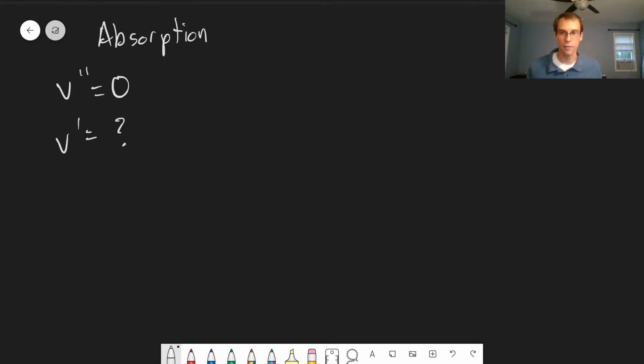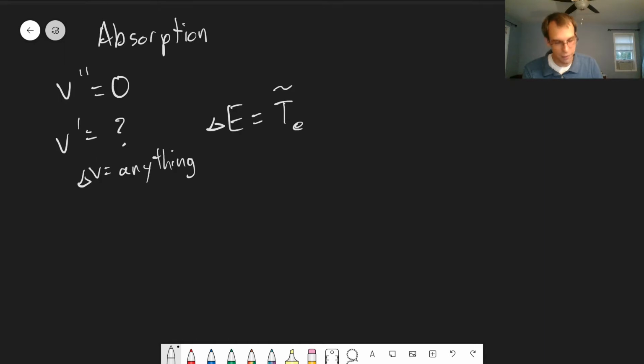some excited state. Because remember, delta v can be anything. We'll get multiple different vibrational bands that we'll observe. So the wave number that we observe is going to be the difference in electronic states, which is this T_e value from our previous plot, plus the difference in vibrational energy plus the difference in rotational energy,